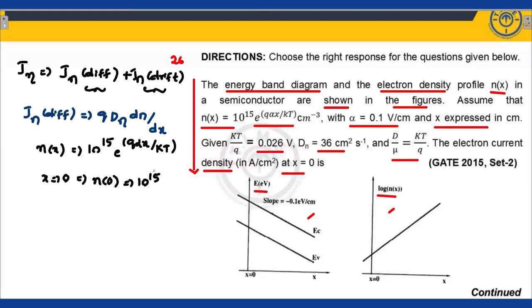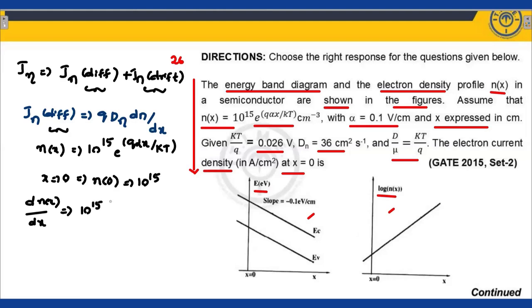You are getting this, my dear students, on substitution. Very important here. Then I am finding the first one, the diffusion current. Then dn by dx. Now substitute here. This is dn of x divided by dx, which is equal to